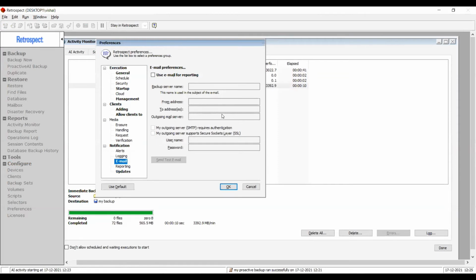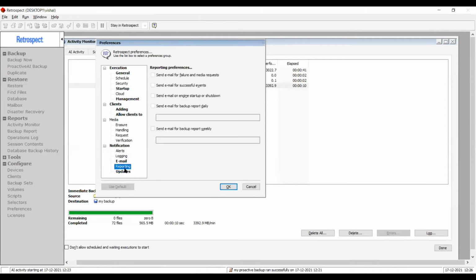You can specify the multiple email addresses that should be receiving the email alert, specify the outgoing mail server for your from address, and then username and password for the account that is used as the from address. There is an article which describes everything in detail, so don't worry if you have any question about this. There is an article on the website.